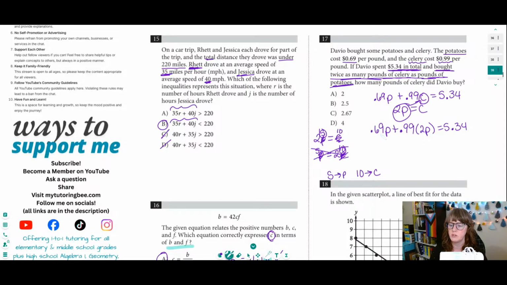Okay. Alright, so I've just rewritten this first equation, but I've replaced c for celery with the 2p that it equals, and then let's go ahead and solve. So we've got 0.69p plus, what's 0.99 times 2? 4.98p equals 5.34. Right, and then we're going to add in that .69. So we've got 2.67p equals 5.34. And we're going to divide by 2.67, and p equals